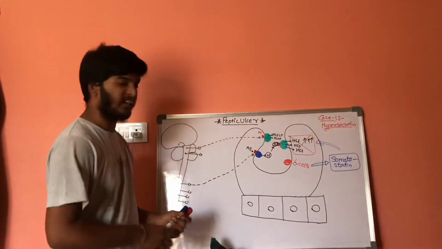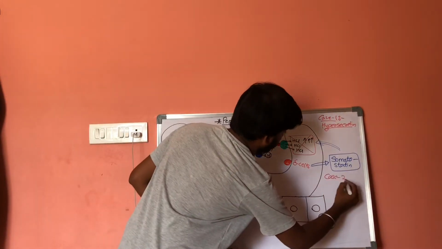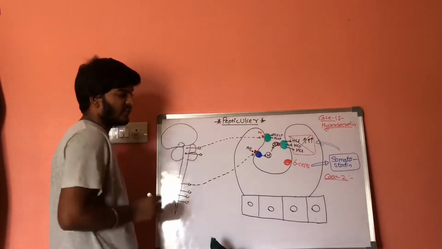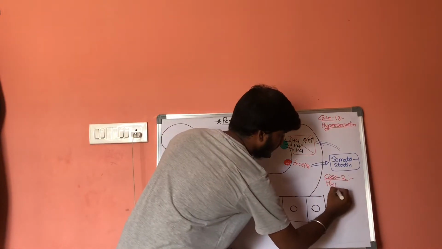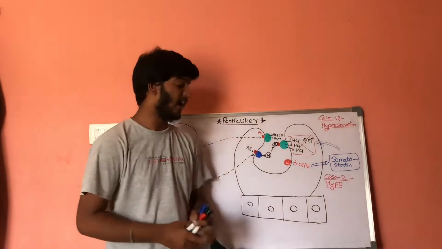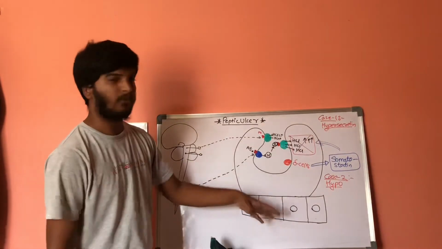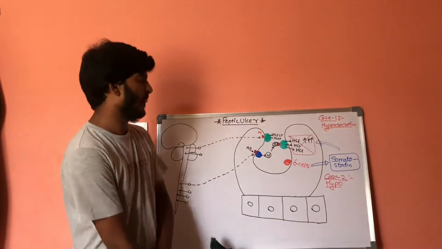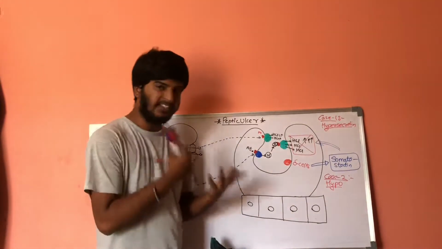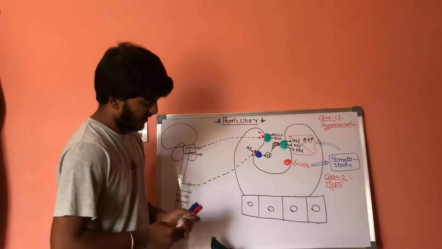Now let us consider case number 2. In case number 1 there is hypersecretion, but in case number 2 there is hyposecretion, that is hypochloridria or achloridria. Achloridria means there is no presence of chloride ions, and hypochloridria means there is presence of less chloride ions. In this case, the HCl concentration will get decreased. If there is decrease of HCl concentration, the alkaline concentration will get increased. It is highly toxic.